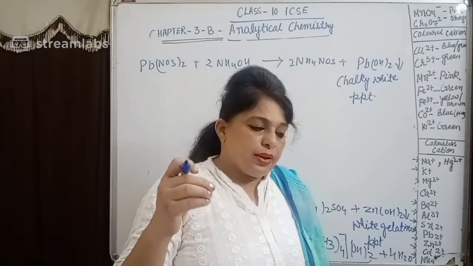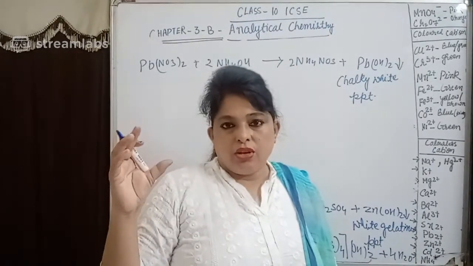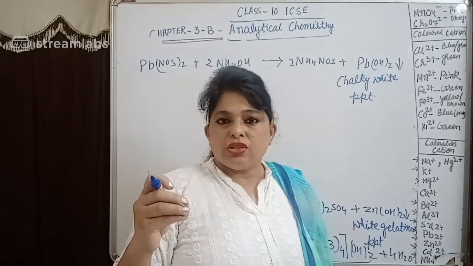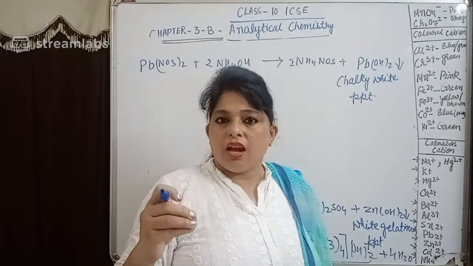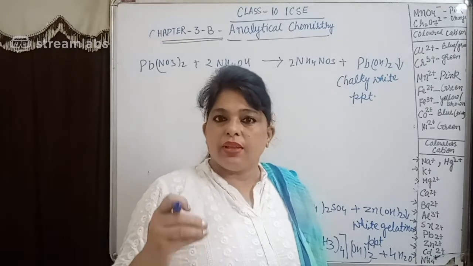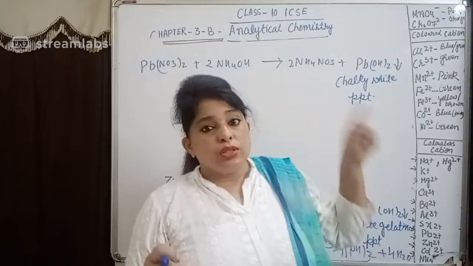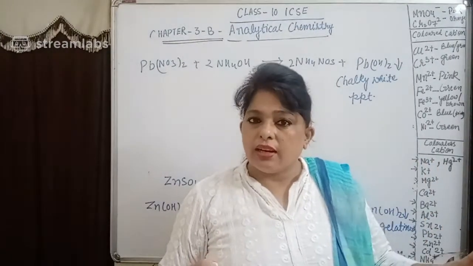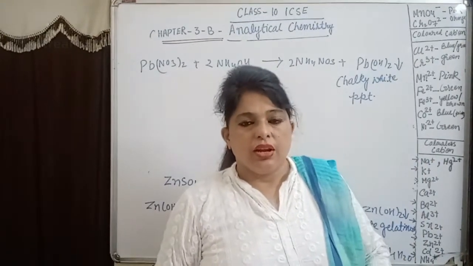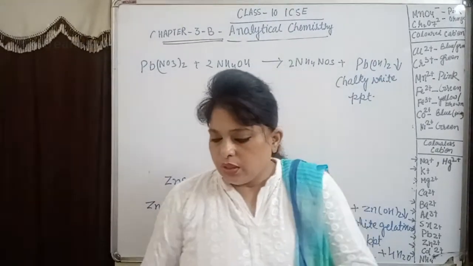So this shows the presence of the different ions. So with the help of analytical chemistry, we can identify unknown substance with the help of the chemical test. And for these chemical tests, we have used sodium hydroxide, which is a strong alkali, and ammonium hydroxide. Right, now let's go to the next page.